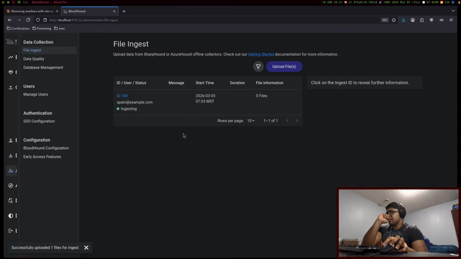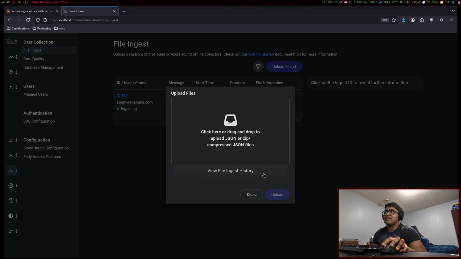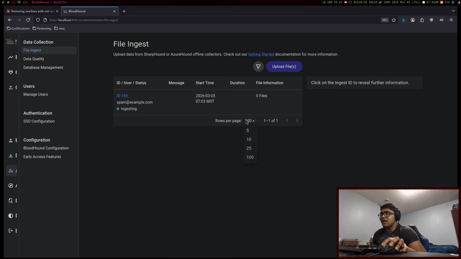And sometimes this doesn't upload properly. Now, I would recommend, if you don't see this uploading properly, it might get stuck on ingesting, or you might not even be able to see that it has been uploaded. Just change the rows to like 100 or something. Sometimes that fixes it. So just change the rows. Okay, it got canceled. Yeah,